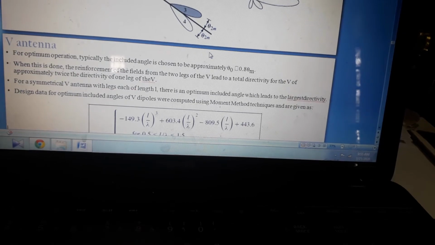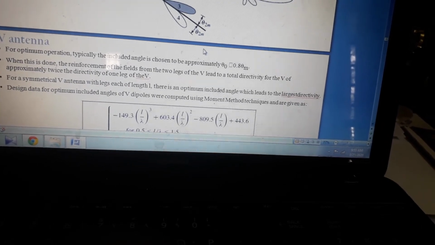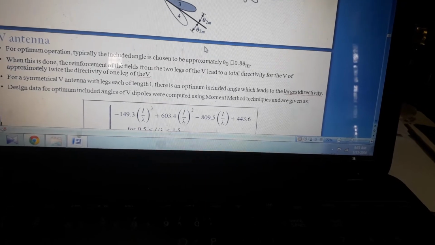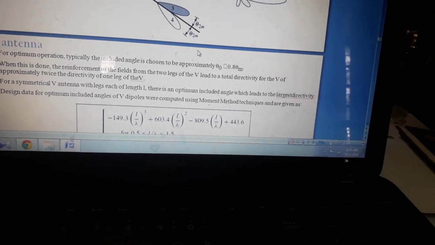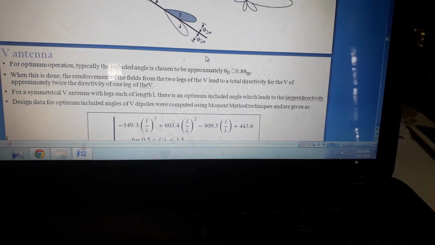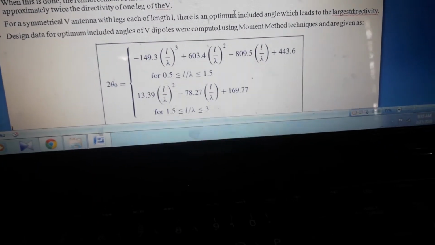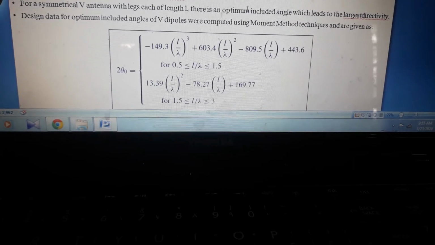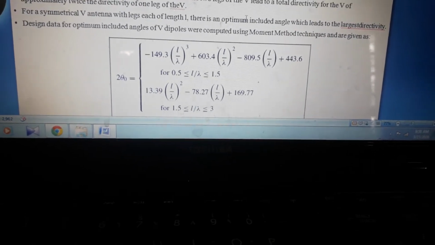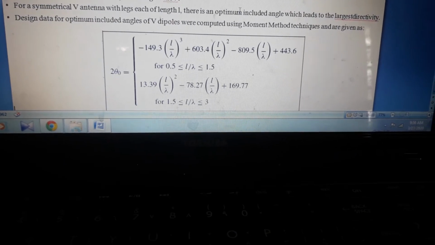For a symmetrical V antenna with legs each of length L, there is an optimum included angle which leads to the largest directivity. The design data for optimum included angles of V dipoles were computed using moment method techniques. These are the equations for finding the optimum included angle, where 2 theta naught is the included angle between the two wires of the V antenna. The equation is minus 149.3 (L/lambda)^3 plus 603.4 (L/lambda)^2 minus 809.5 (L/lambda) plus 443.6,